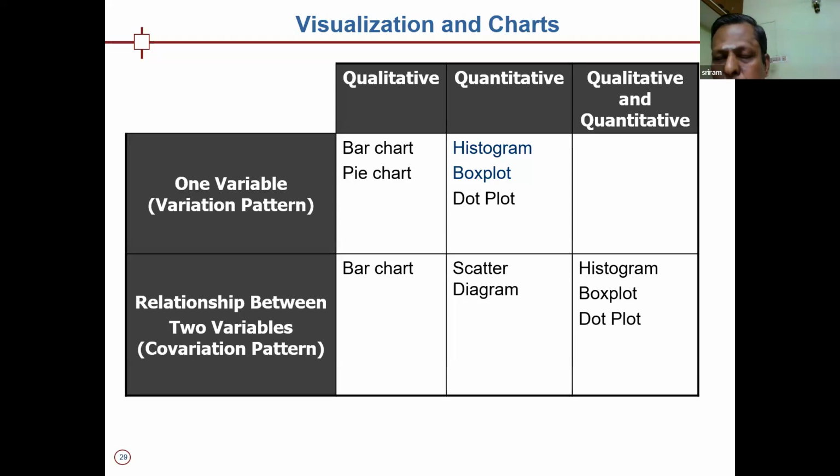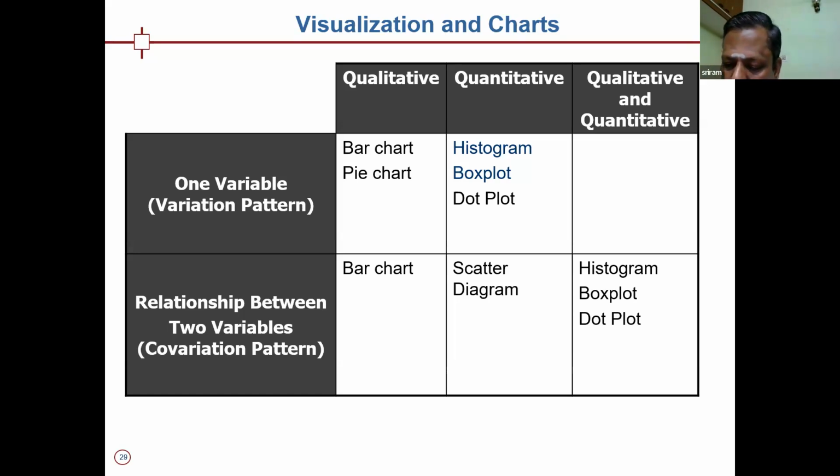So I told you obesity, so BMI and cholesterol. If you want to know the relationship, you can use a scatter diagram. And one is qualitative and another is quantitative. For example, cholesterol and disease, presence and absence of disease. Cholesterol risk factor is a quantitative variable and presence and absence of the disease is the qualitative variable. There, you can still use a histogram, and here the box plot is the ideal way to use. I'll show that example.